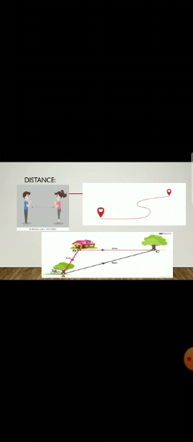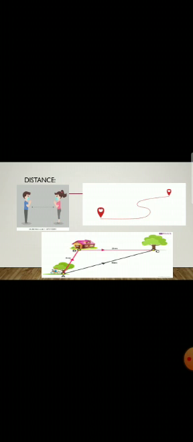As you see on your screen, the different figures show the distance. As the two kids are standing, the distance between them is shown by an arrow. And there are two trees which are at positions A and C. So from A to B and B to C, this will give us the distance, because this shows the length between the 2 points. The black line, which is from point A to point C, also shows the length between the 2 points.